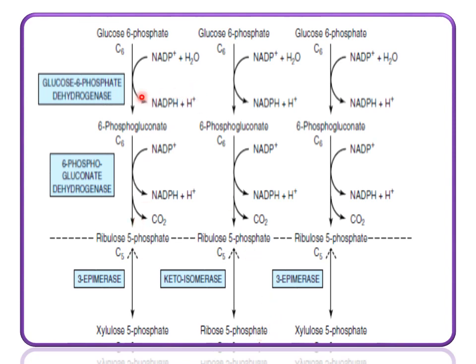So this is the oxidative phase. In this oxidative phase what happens? Glucose 6-phosphate is converted to 6-phosphogluconate and then finally to ribulose 5-phosphate. Now this ribulose 5-phosphate forms its isomeric forms. First with the epimerase enzyme it forms xylulose, with isomerase enzyme it forms ribose, and with epimerase again it forms xylulose. So now we have xylulose, ribose and xylulose. We started this pathway with 3 molecules of glucose 6-phosphate. Then only we will be able to understand clearly.